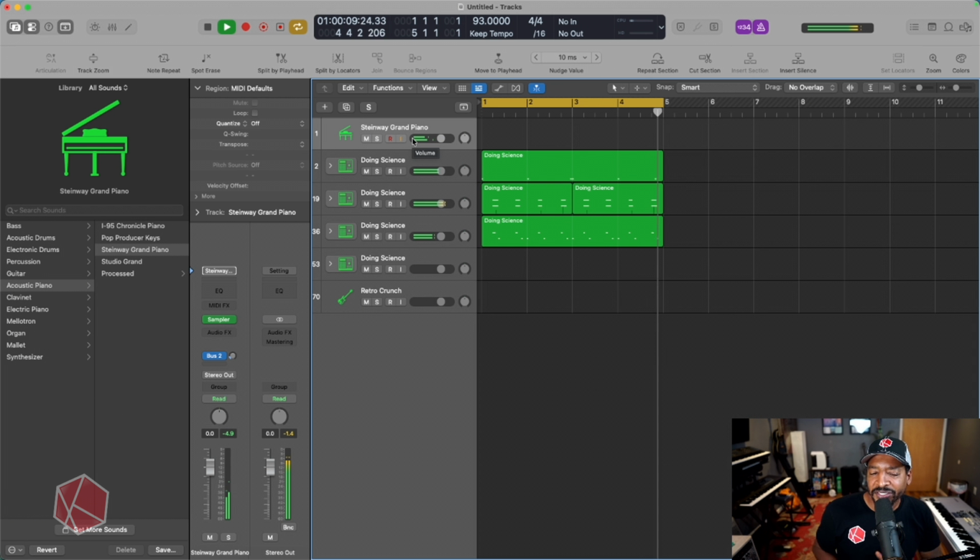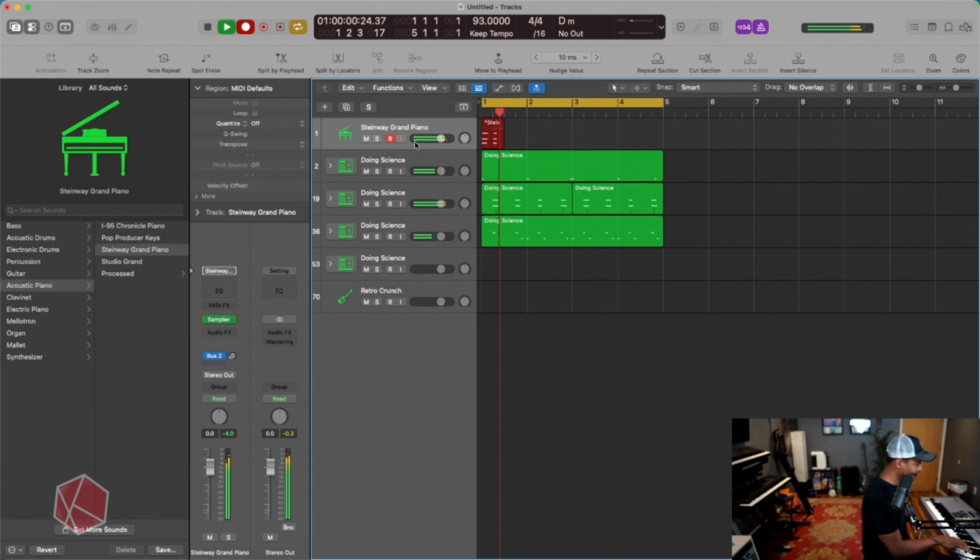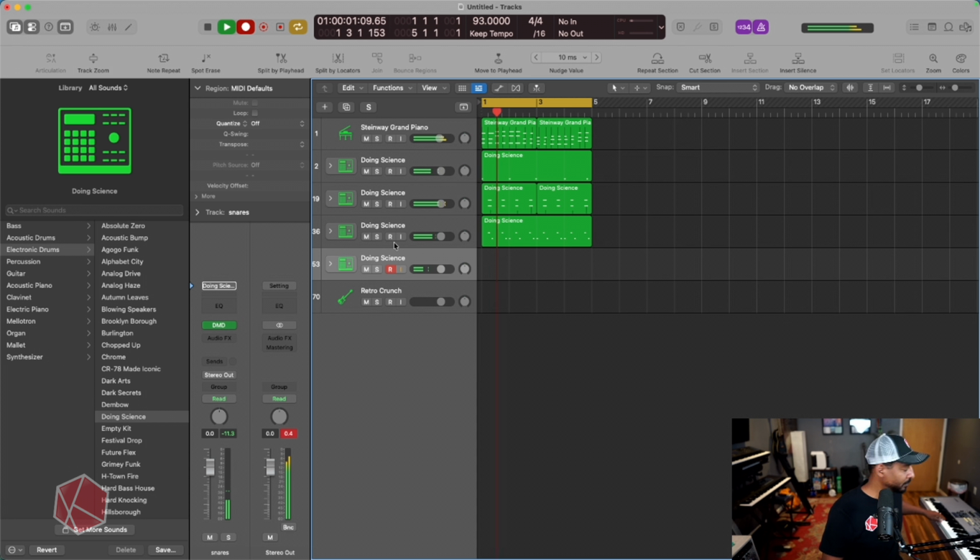All right, let's see if we can now find something with the piano, some type of melody. It's a piano. I'm in D minor. Little percussion.